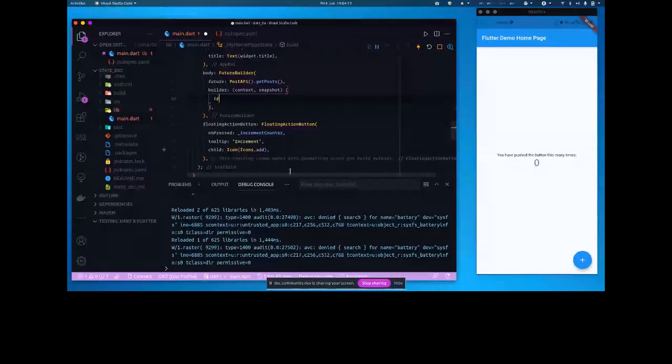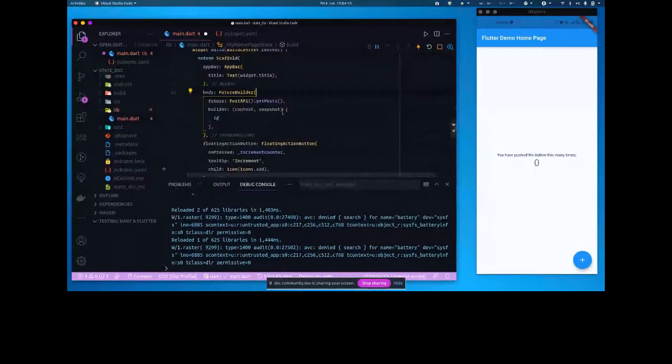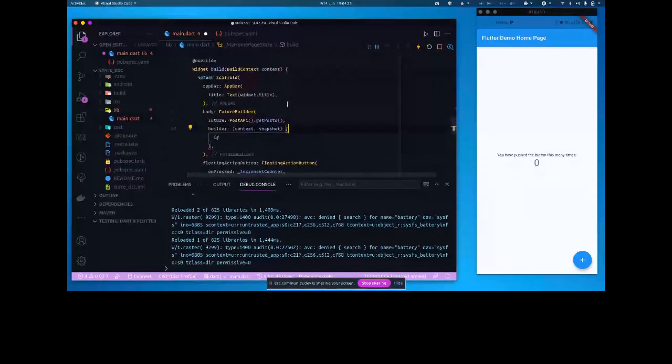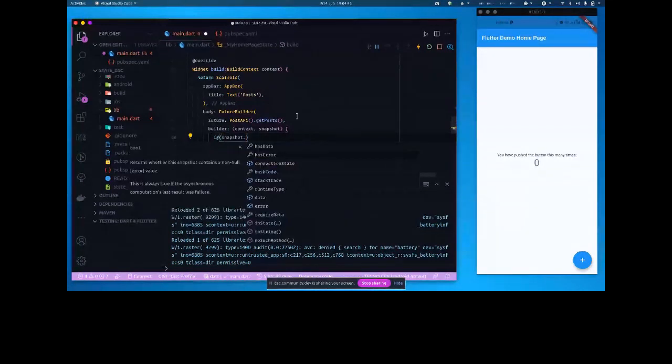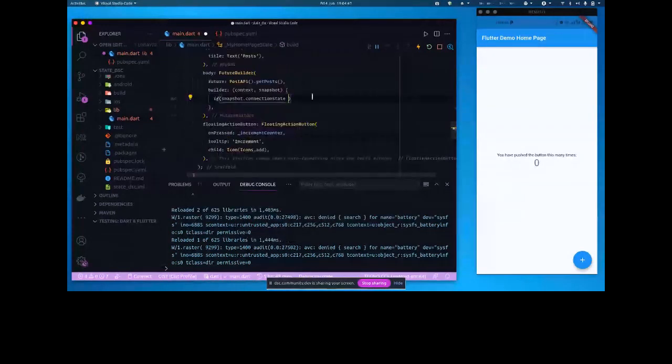Let me just reload this so you can see the changes that I've made. You change this to be posts like that. So use the FutureBuilder, and it has a snapshot. Snapshot now is the data itself. Snapshot contains the connection state of the HTTP request that we sent out, and then the data itself. That's the connection state. You want to now, when it's done,